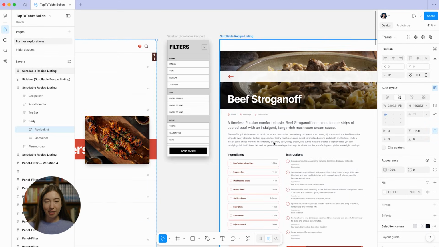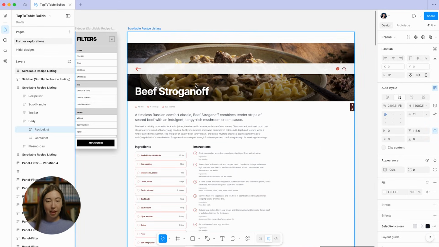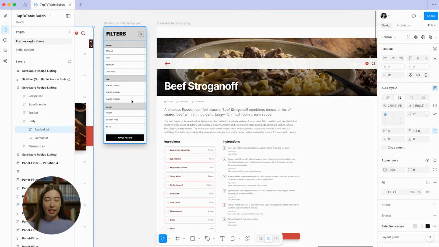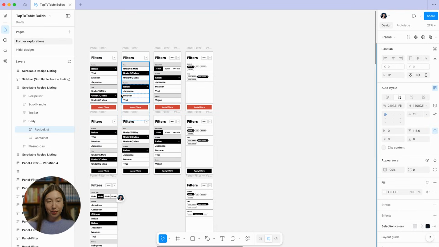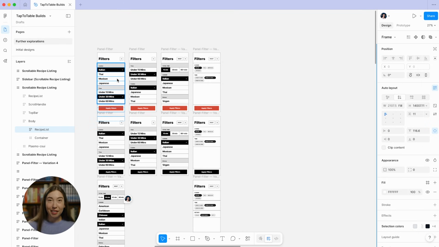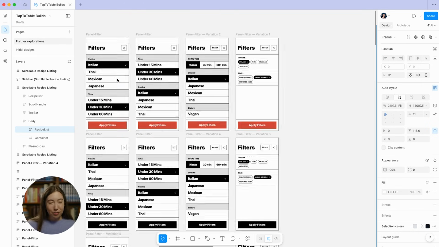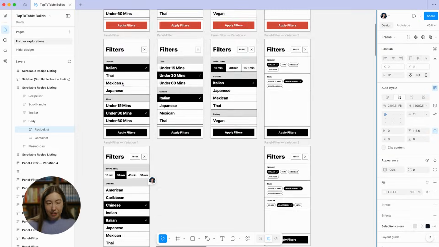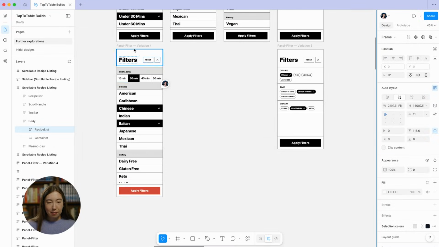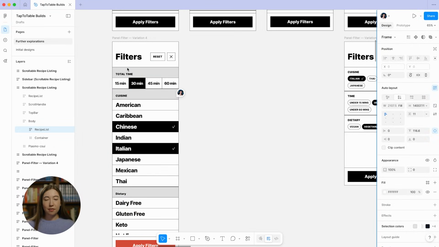Awesome. And yeah, you can see it's gone ahead and dropped these into Figma as editable design layers. That's how you can send your designs that you've prototyped in code over to the Figma design canvas. I've already got some different explorations and iterations around different ways that we can approach filtering. Looking at my different explorations, I'm really feeling this one just because of the way that we have the information